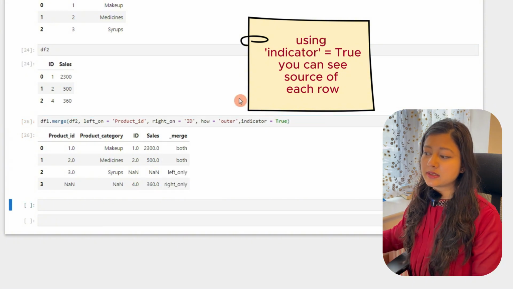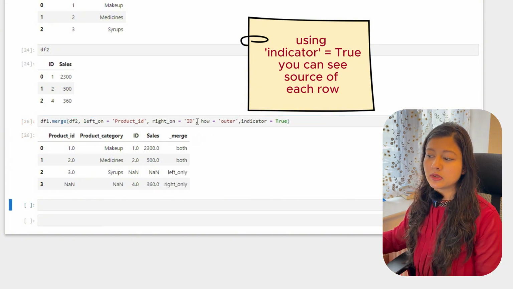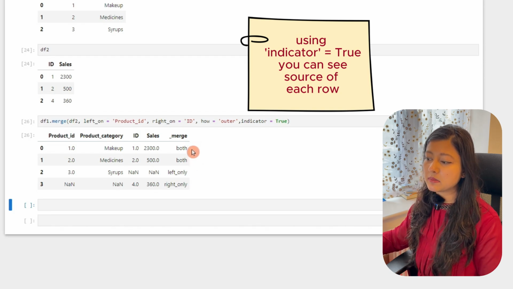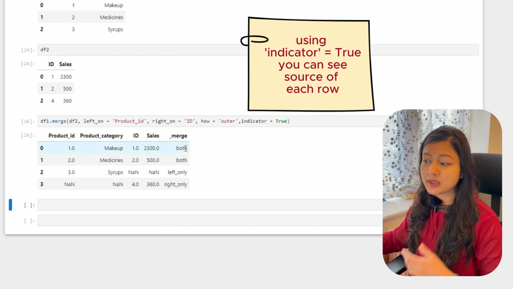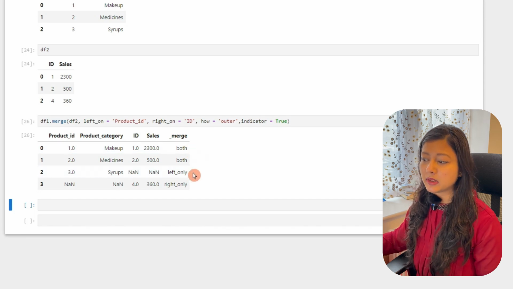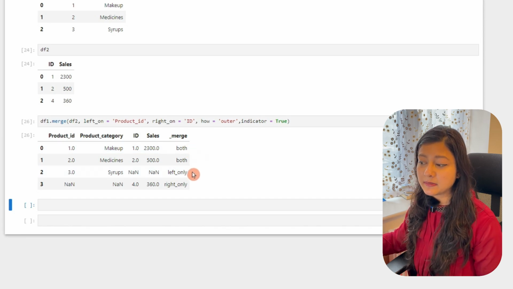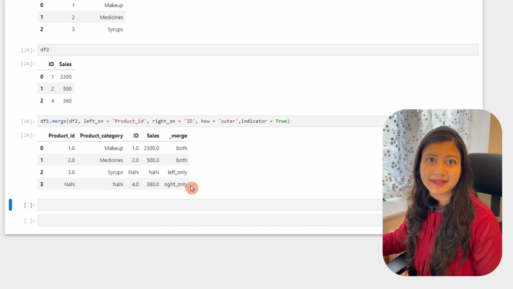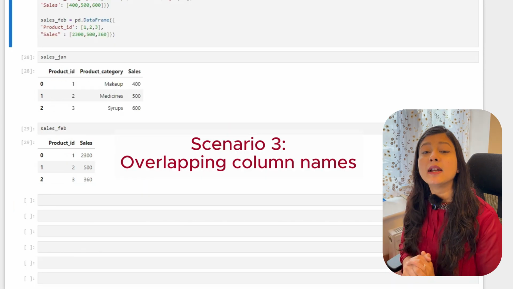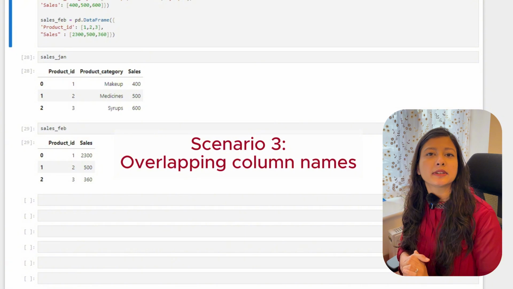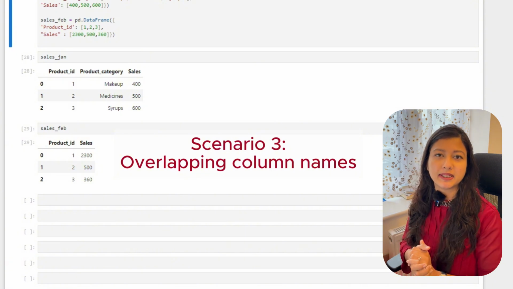What it does is that it adds this last column which is _merge, and it tells you that okay, this record is present in both the tables, that is both left as well as right. However, this particular record is present only in left table and this one is only in right table. Easy, isn't it? Let's move to our third scenario,